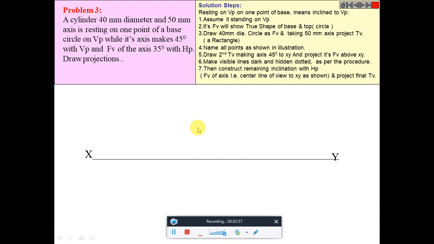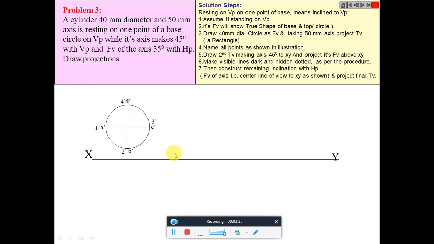Okay, so draw the xy line, and as said earlier, the front view will be having a circle of diameter 40. Take the compass and measure the distance of about 20 and fix a center point O and draw a circle of 40 diameter and split the circle into 4 equal parts. It is as per your convenience. You can split the circle into 8 parts or 12, whatever is needed, but for simplicity just divide the circle into 4 equal parts. As said, there are two bases in a cylinder.